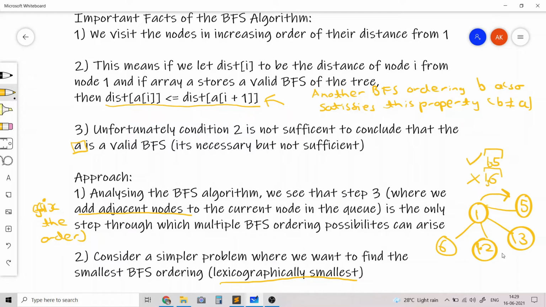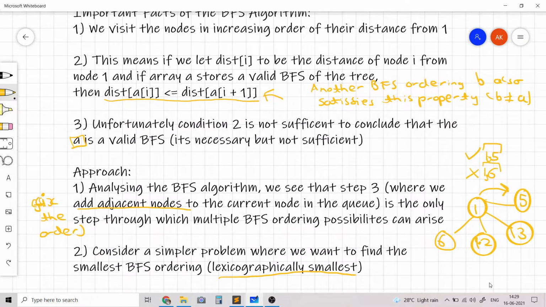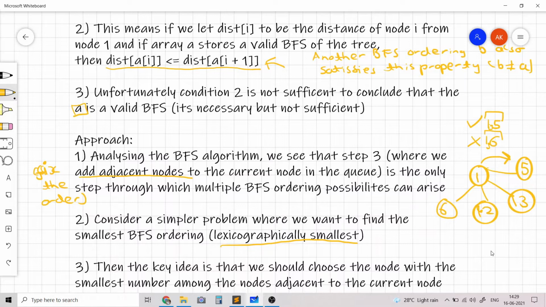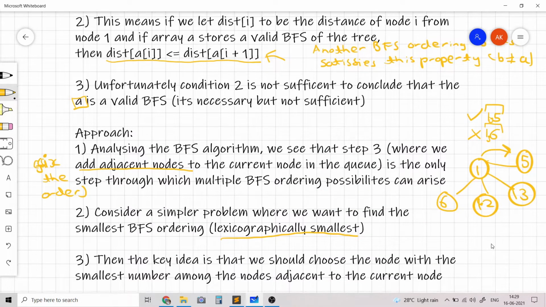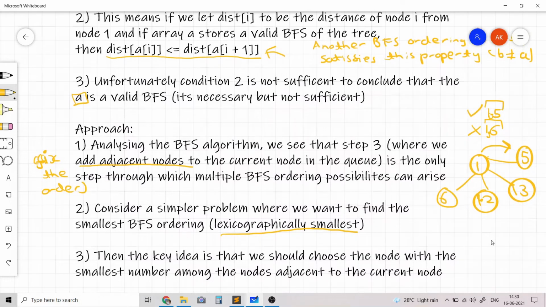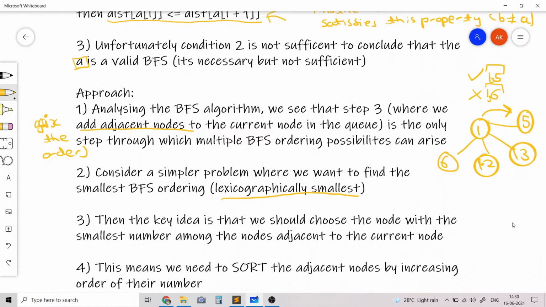Why did we choose 5? Because 5 has the smallest number and 5 is adjacent to 1. That's exactly what we need to do: we need to choose the node with the smallest number among the nodes adjacent to the current node. This means that, coming back to the first step where we need to fix the ordering, we need to sort the adjacent nodes by increasing order of their number.